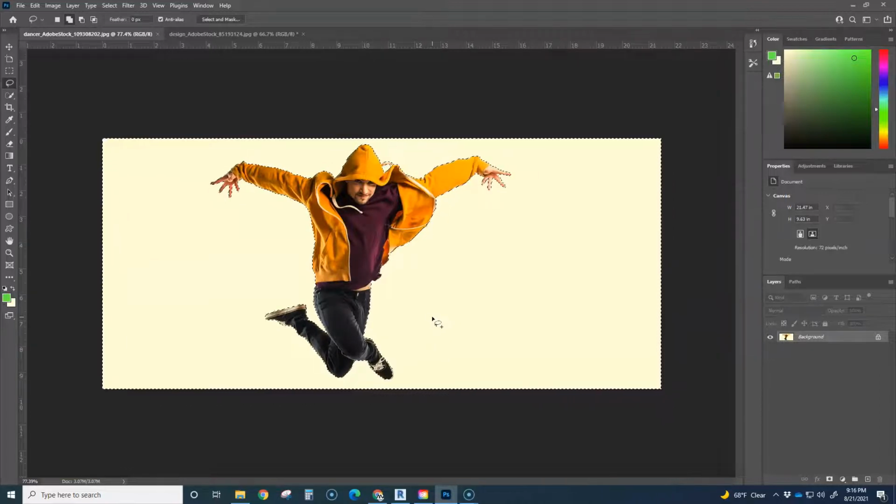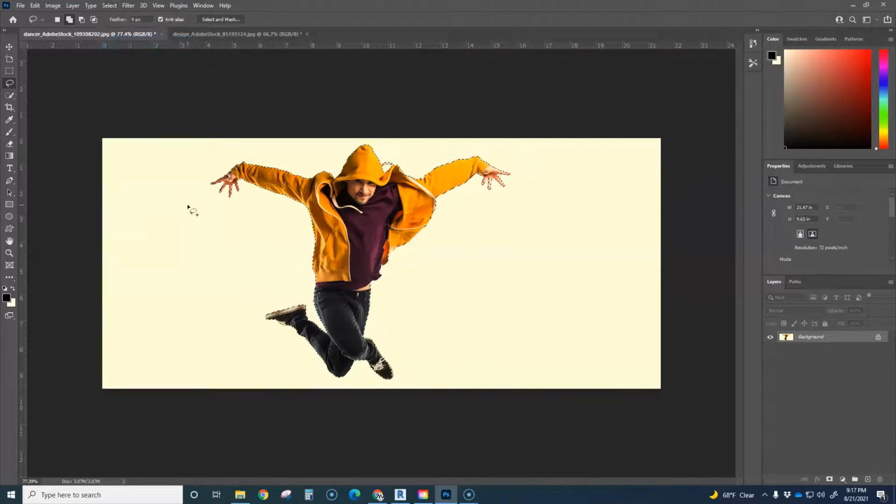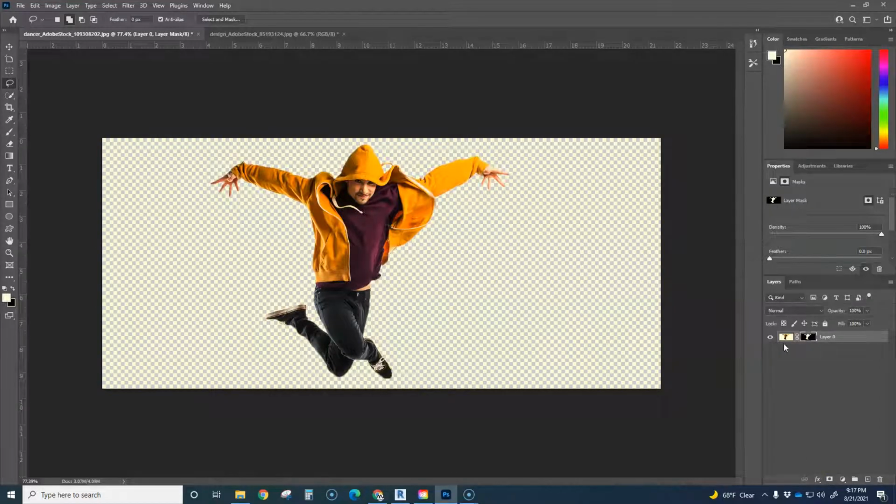So now here's the deal. Now I could, I guess I can just delete this and make it a transparent image is probably what I would do. But in the spirit of learning how to do layer mask, I have things selected. I've selected all the white. I want to do the opposite. I want to select the guy because that's the guy that I want to protect. So I'm going to go to select and hit select inverse, which now selects the guy only. And then when I go to my layer mask, it'll actually blacken everything else that I didn't select